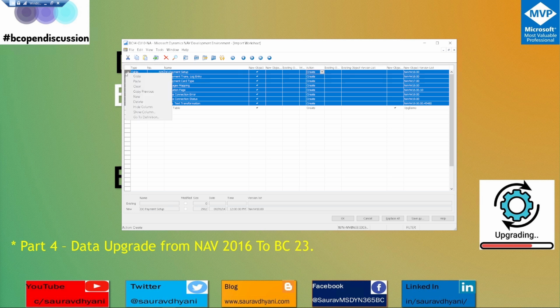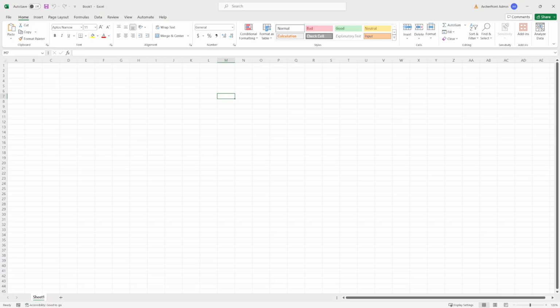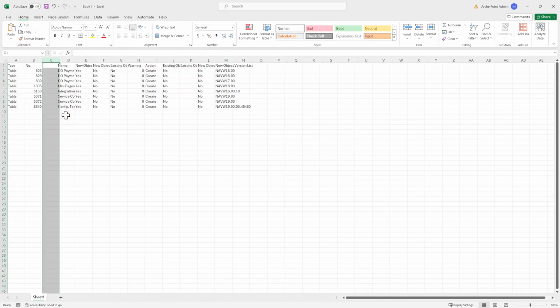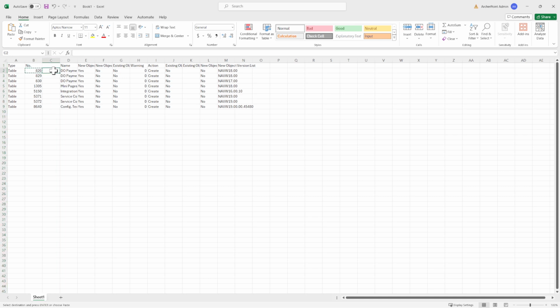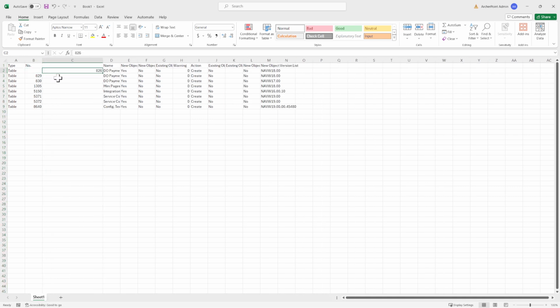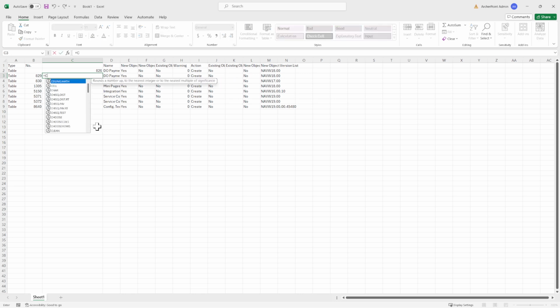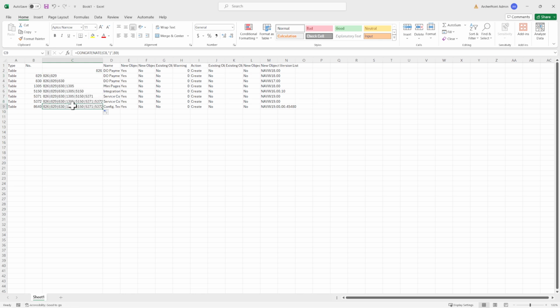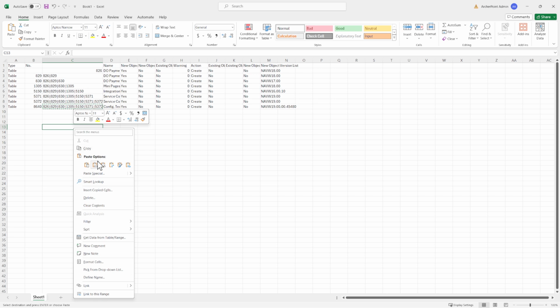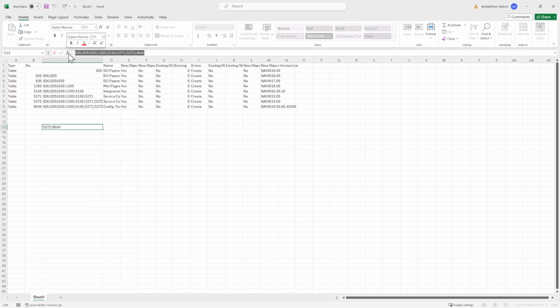So this is the easiest way to figure out which are the tables which are not part of this particular version. Copy them, put them into an Excel, and let's build a filter for it. I'm going to use the basic Excel way of doing a concatenation of the number above and the number on the left, and I'll just drag it. What I'll get at the end is all the tables in a piped filter so that I can apply it on my database. I copy this filter,